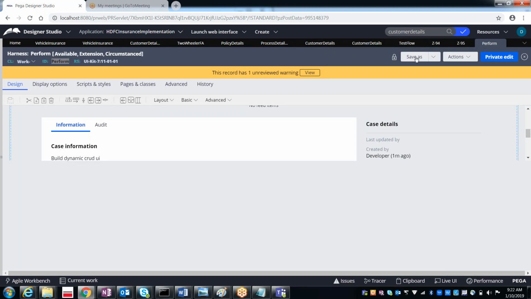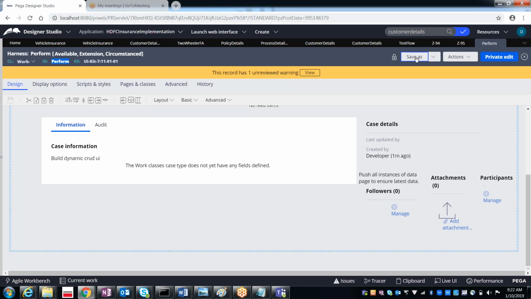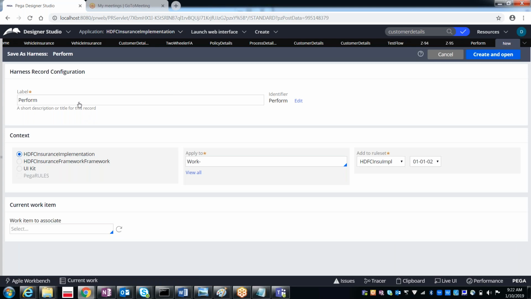So what we can do is Save As. Generally while doing Save As, we keep the classes, rule sets and versions everything as it is. For this perform harness, we were giving the applies to and this rule set and everything the same. But this time it is showing HDFC insurance implementation. It is not showing UI-kit. Why?